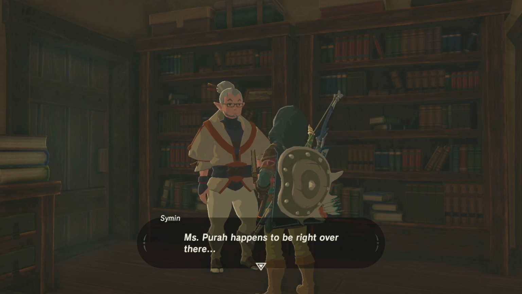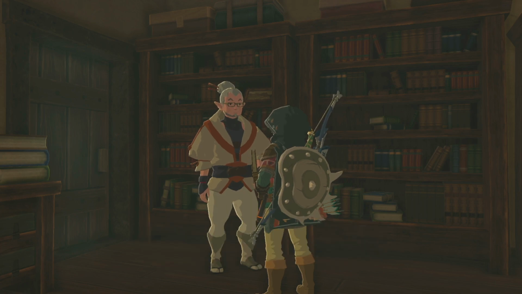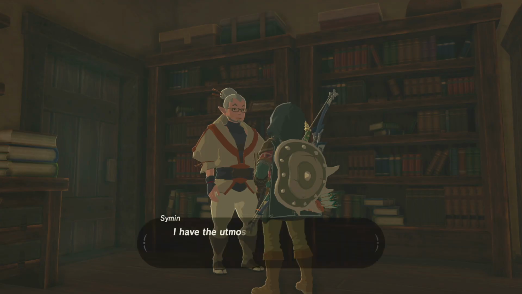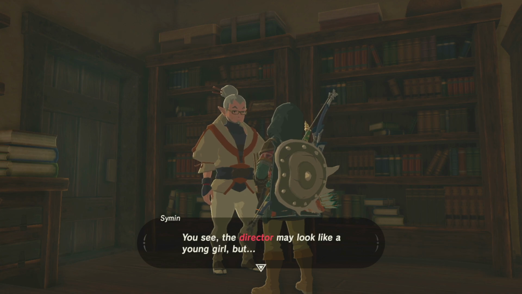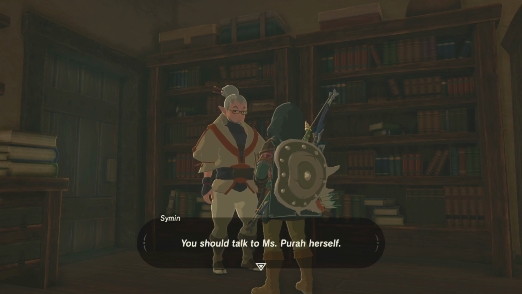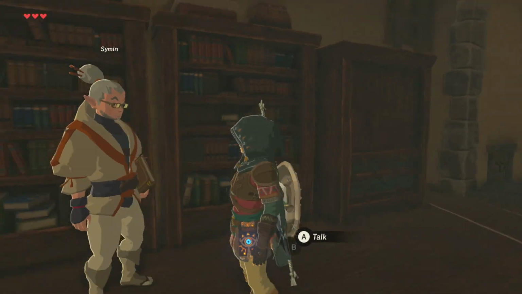Miss Para happens to be right over there. As the Hateno Ancient Tech Lab director, Miss Para is the world's foremost authority on ancient Hyrulean culture. Check it! I have the utmost respect for Miss Para, and she's accomplished. I'm honored to be her assistant. On that note, Link. You see, the director may look like a young girl, but... well, maybe it's not a place to be telling you these things. You should talk to Miss Para herself. But she said that...